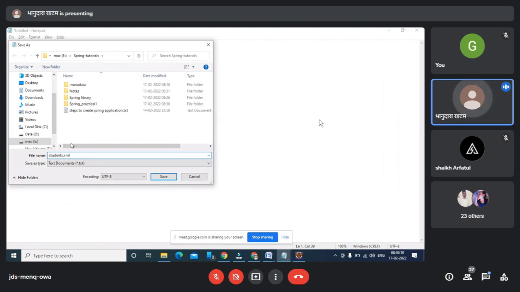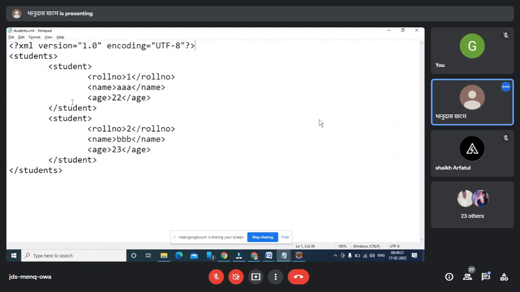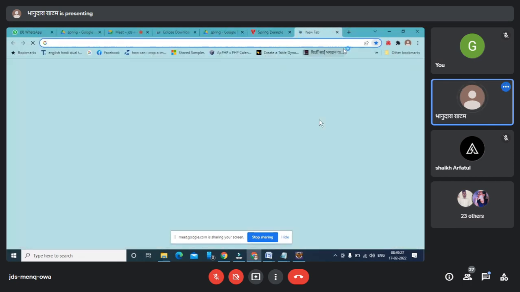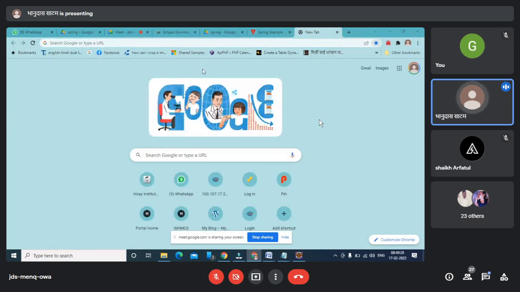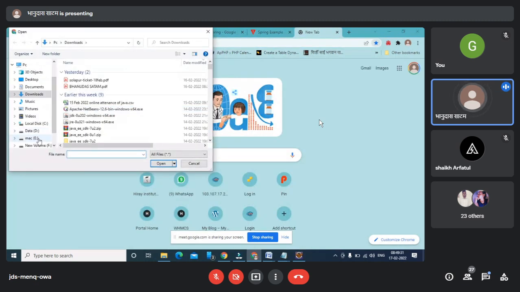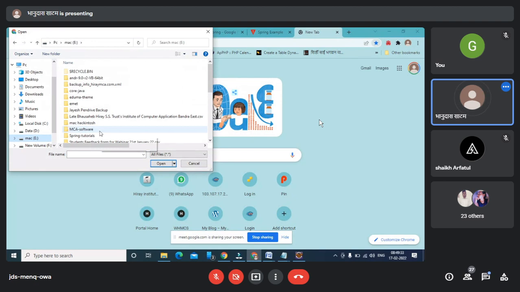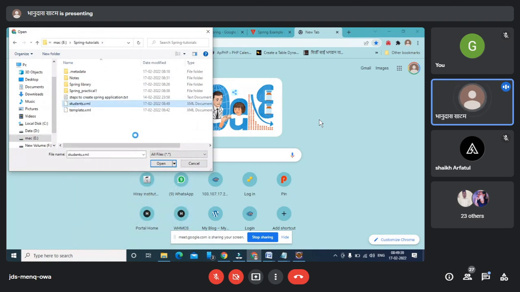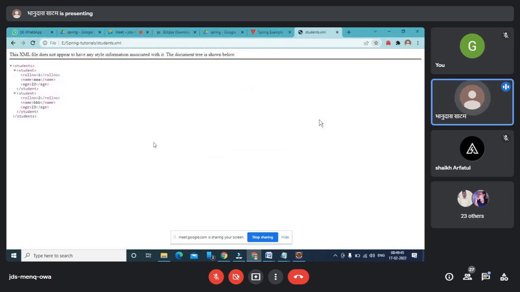And if I'm browsing this XML, I'm allowed to browse it the way you browse your HTML, by simply clicking on the XML file name here. So I'm choosing student.xml, and I can browse this XML inside my browser.